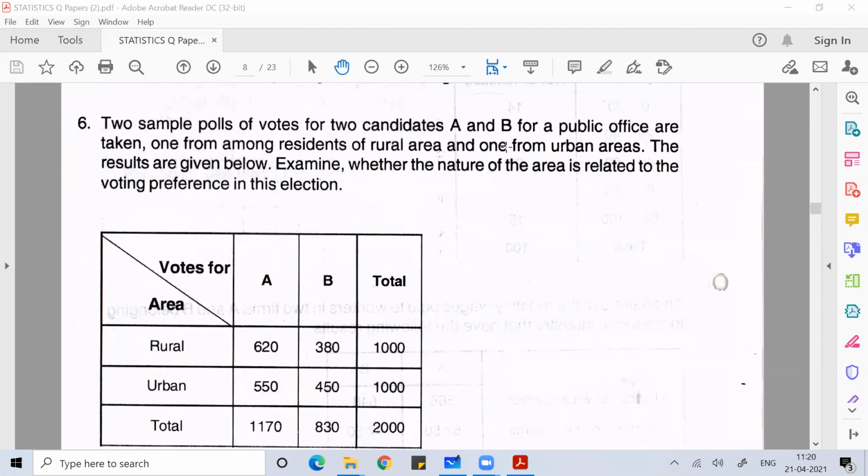So here two sets of data are given, where you can see the horizontal axis. It is showing you the votes for two persons, A or B. Maybe it's like the kind of election that happens in the US, where you have only two parties, Democratic and Republican, or in the UK where you have Conservative and Labour. So here maybe two parties are fighting for election, A and B, and two areas are given, rural and urban.